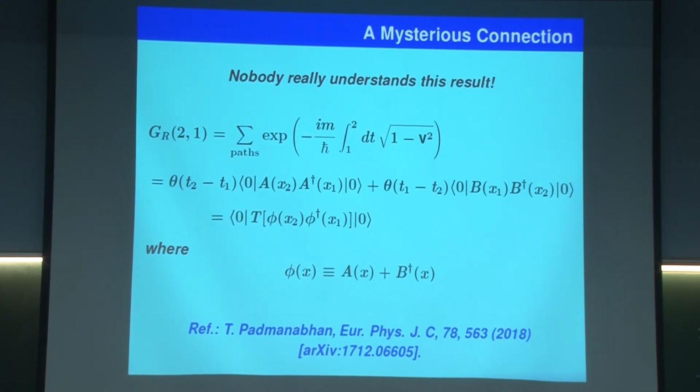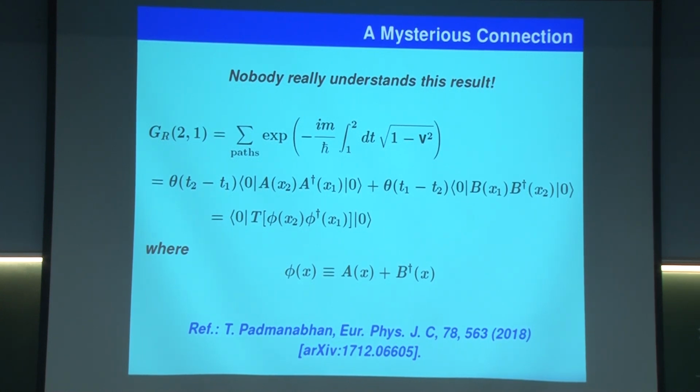So, when you do that, I get an expression. I know the algebraic form of this, it is a Macdonald function. Then I have shown for you, first of all, that it can be expressed in terms of a field, which is made of two parts and a time ordering of the two points in it, taken in the ground state. And this ground state is defined to be the ground state of the oscillators into which the field is decomposed. Otherwise, I do not know what a ground state is, I just have a field. But I know what the ground state of an oscillator is. So, if you decompose the field into oscillators, then I get a ground state,